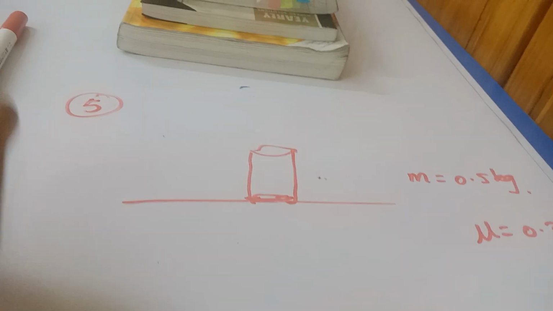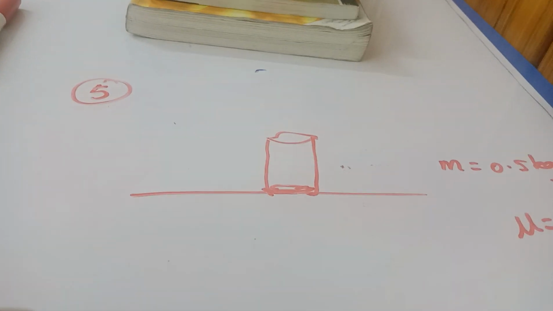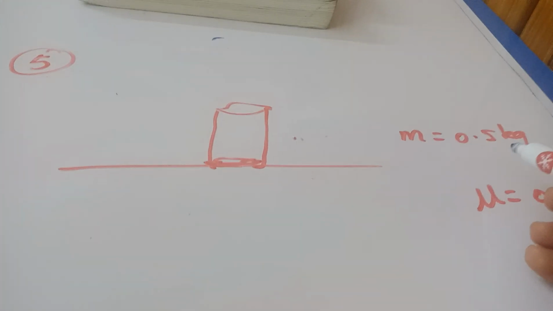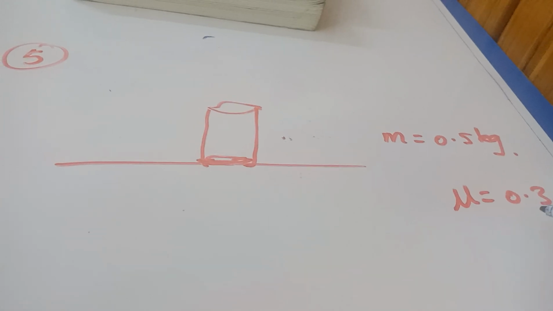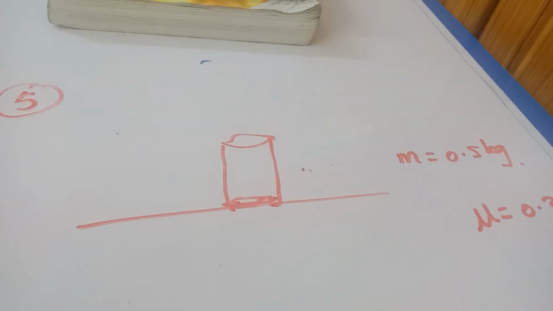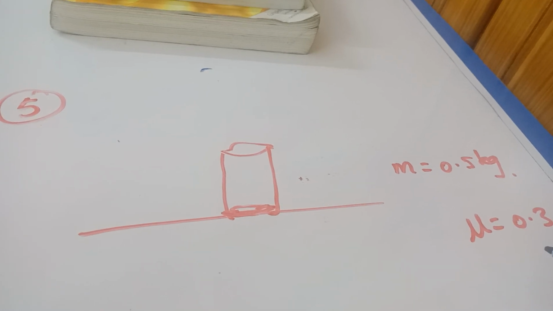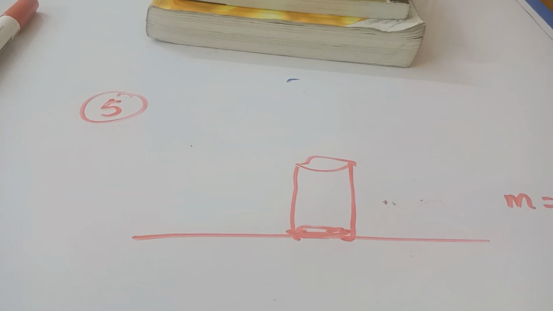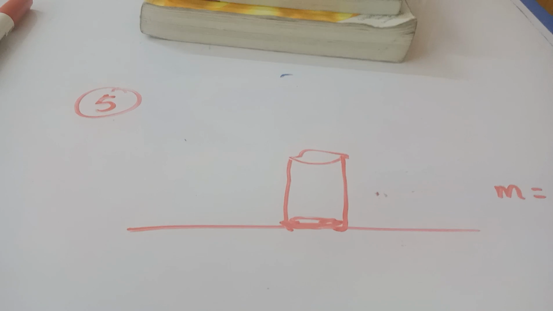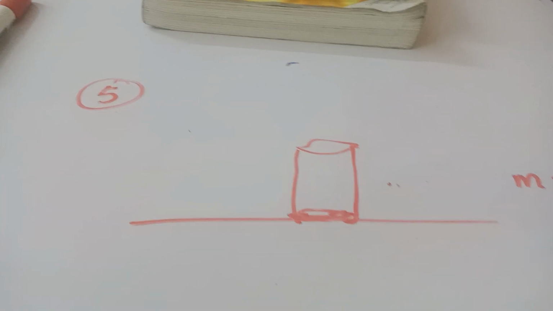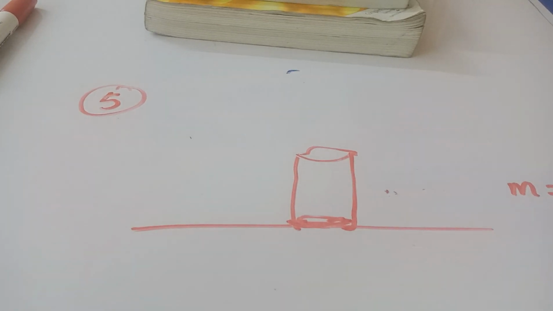Okay students, we move to the fifth question now. In the fifth question we're given a can, the mass is 0.5 kg and the coefficient of friction is 0.3, and it asks to find the largest horizontal force that can be exerted on the tin before the tin starts to move. So that means indirectly it is asking for the limiting friction. The largest force that can be applied before it moves is obviously equal to the limiting